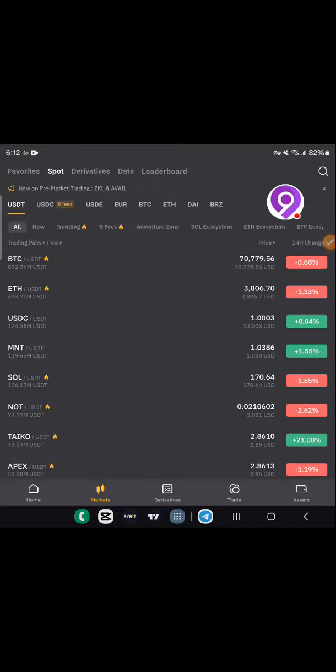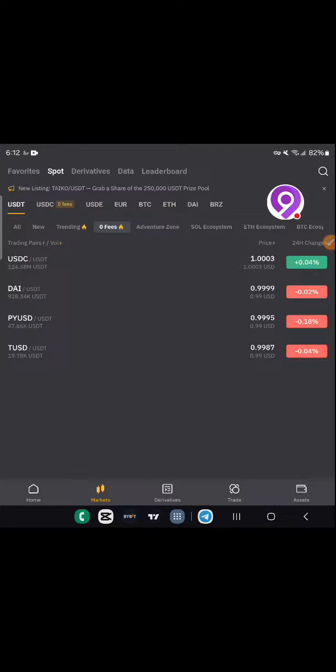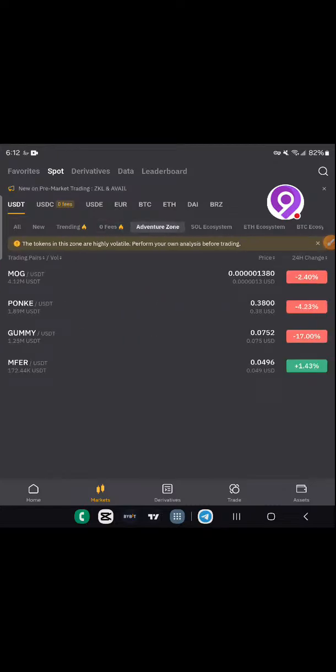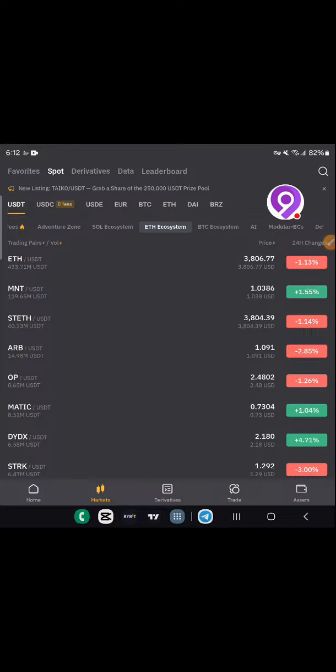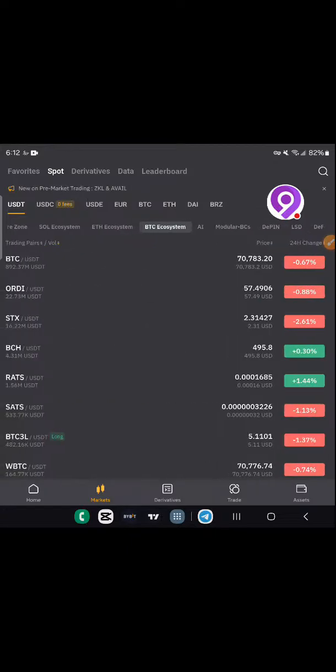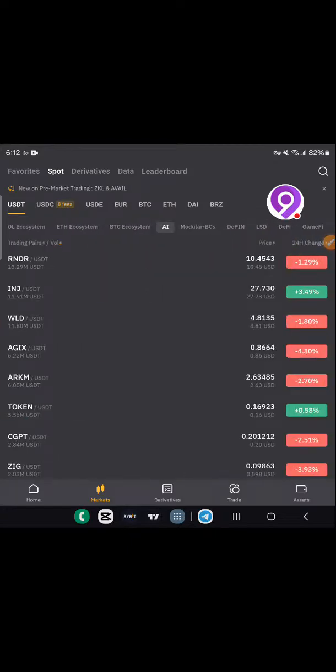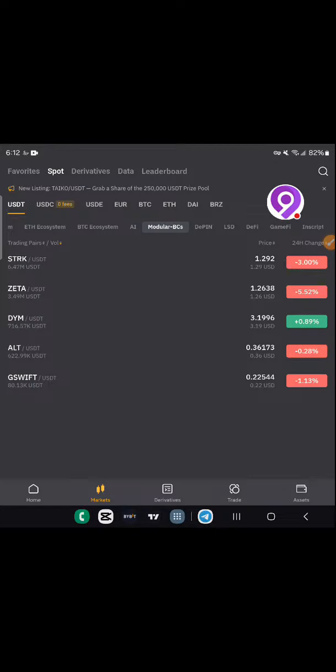So this is where all the coins are being listed. And most of the coins are being categorized. We have new, we have trending, zero fees, adventure zone, Solana ecosystem, Ethereum ecosystem, BTC ecosystem, AI, model BTC, Big